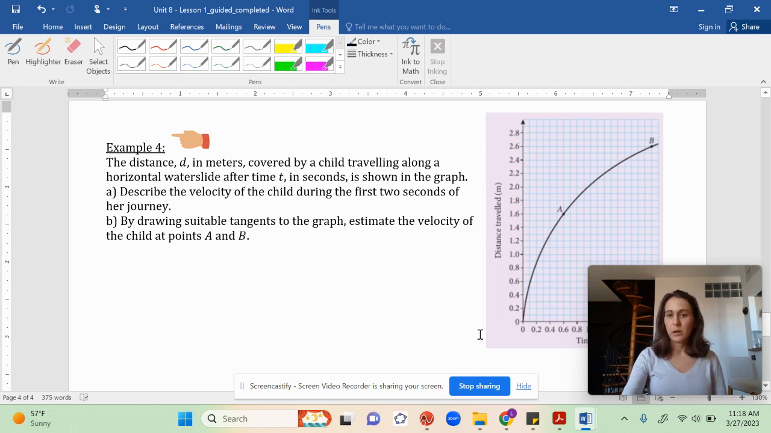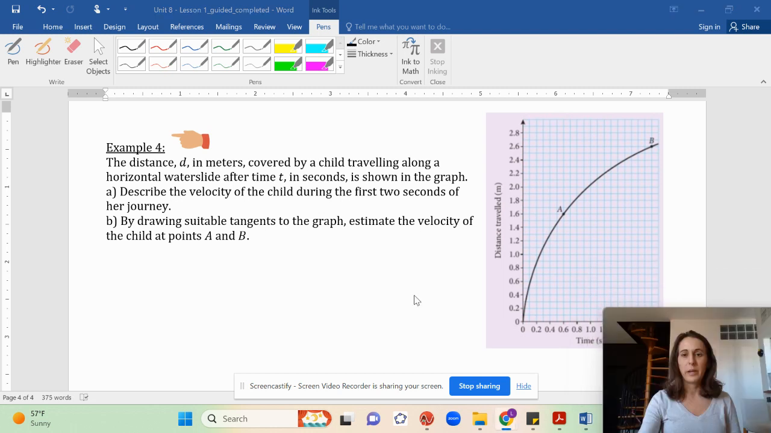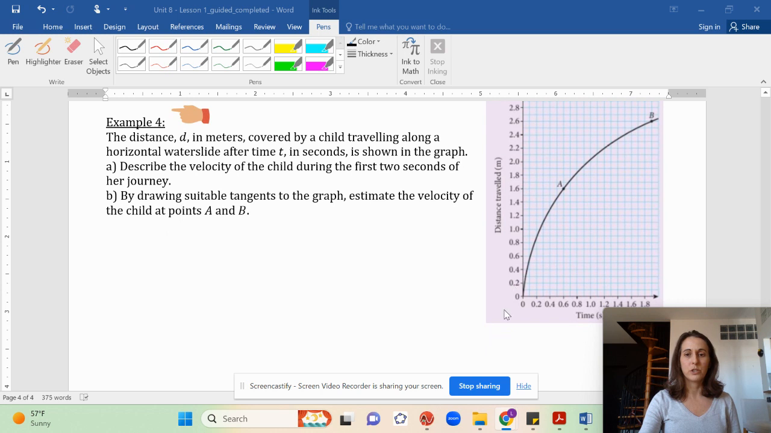Okay, let's look at two little applications. What we have first is distance traveled over time for a child going on a horizontal water slide. So if you've ever been on a water slide, you may understand why this graph has the shape it does. When you hit the water slide, you are flying on that water, but then as time goes on, friction between your body and that water slide occurs, and you start to slow down until eventually you do stop and don't